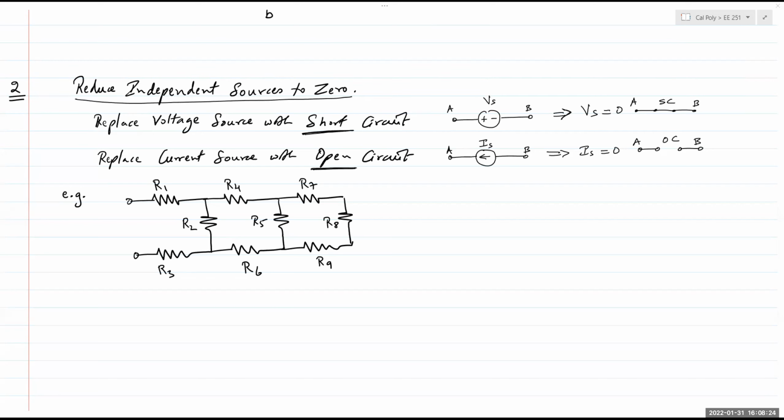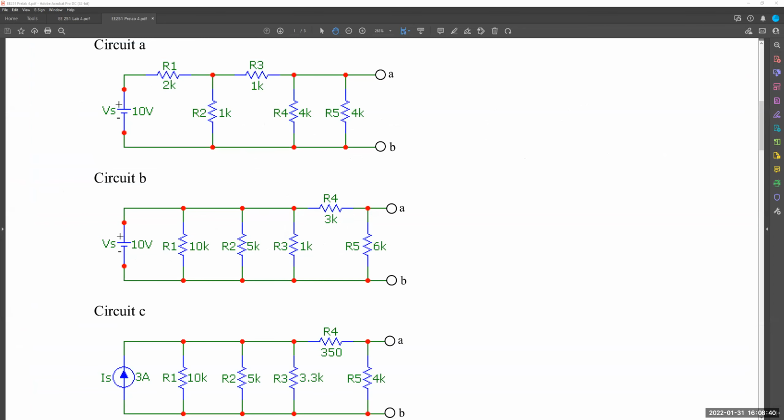And then you simply calculate Req at the output terminals A and B. Right? You simply calculate Req for each of these three circuits. Now, when you calculate Req, the best thing to do, if you want to calculate Req between a certain pair of terminals, is always best to start at the farthest end and then move towards the terminals, reducing it step by step. Okay, so in this case,